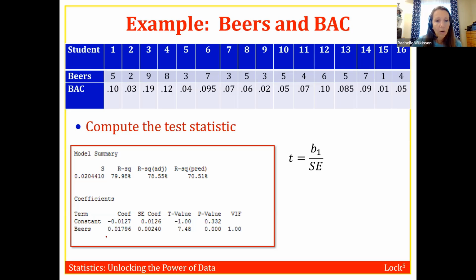Remember, I always want to get that stuff from my second line. And typically the name of that second line is going to be the name of your explanatory variable. So in this case, I'm going for these numbers right here. The bottom coef number is my B1, and this bottom SE coef is my standard error. So I'm going to have